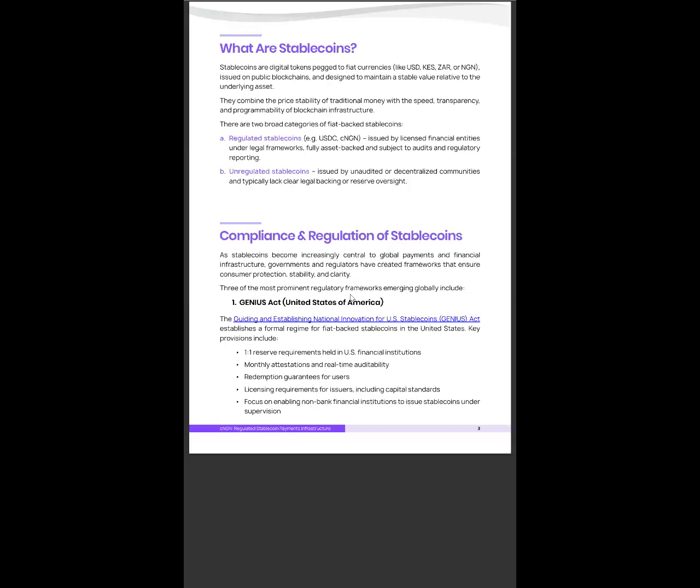So you basically have naira, but now you have naira that also has the speed, transparency, and all the other advantages that come with blockchain tokens. All the advantages that come with any other token, like Ethereum, like Solana, like Bitcoin, all the tokens, whatever they can do. What that means is